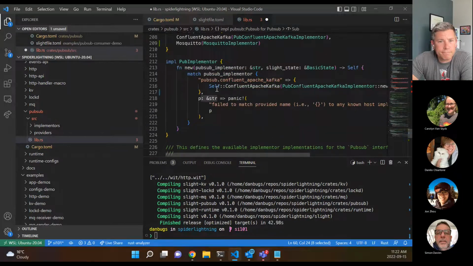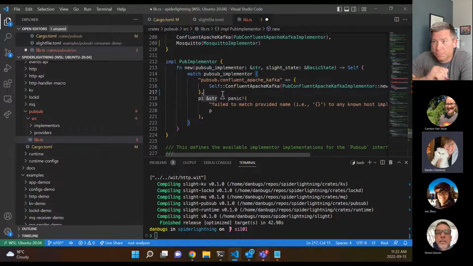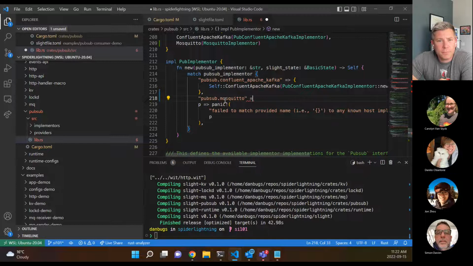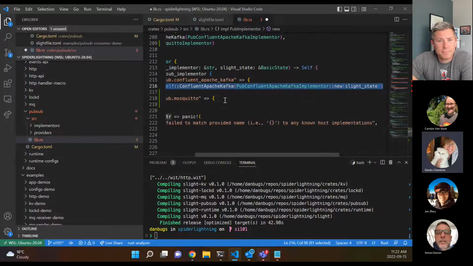Cool. Now, just going back to where we were, I think we were in the pub implementer. We'll just add the new string for the Mosquito, which, I mean, this is the time where you can define whatever you want, right? We could call this Bob, but we'll call this Mosquito because it makes sense. And in here, you can even copy this line. We'll do something very